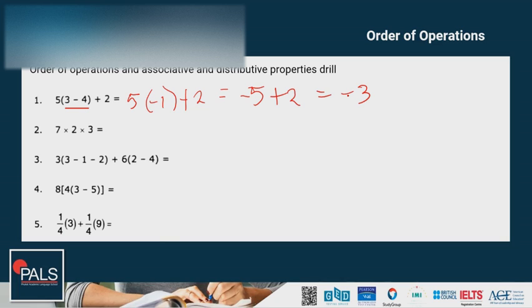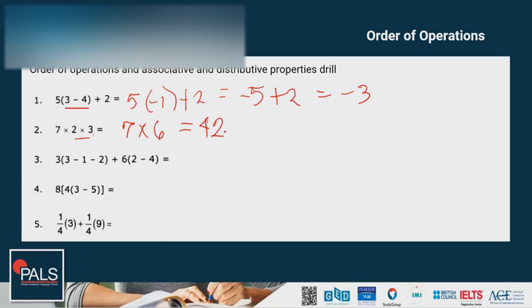We can apply the associative property by multiplying any of the numbers in a much easier way to you. Like for me, it's easier for me to solve 2 times 3 first. So I'm gonna have 7 times 6, because I know 7 times 6 very well. So 7 times 6 is 42.